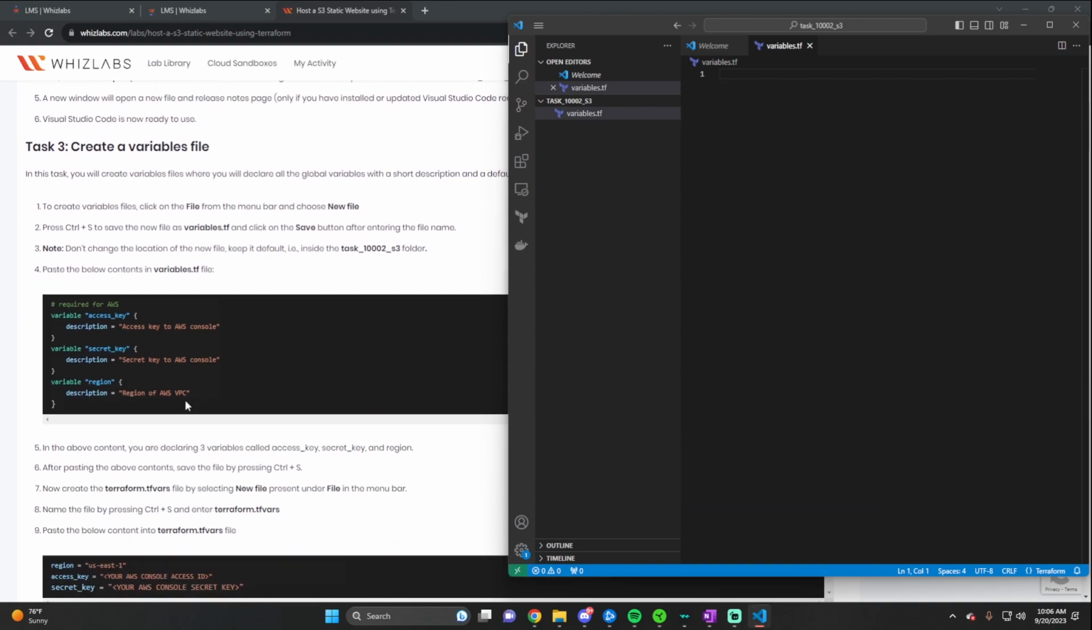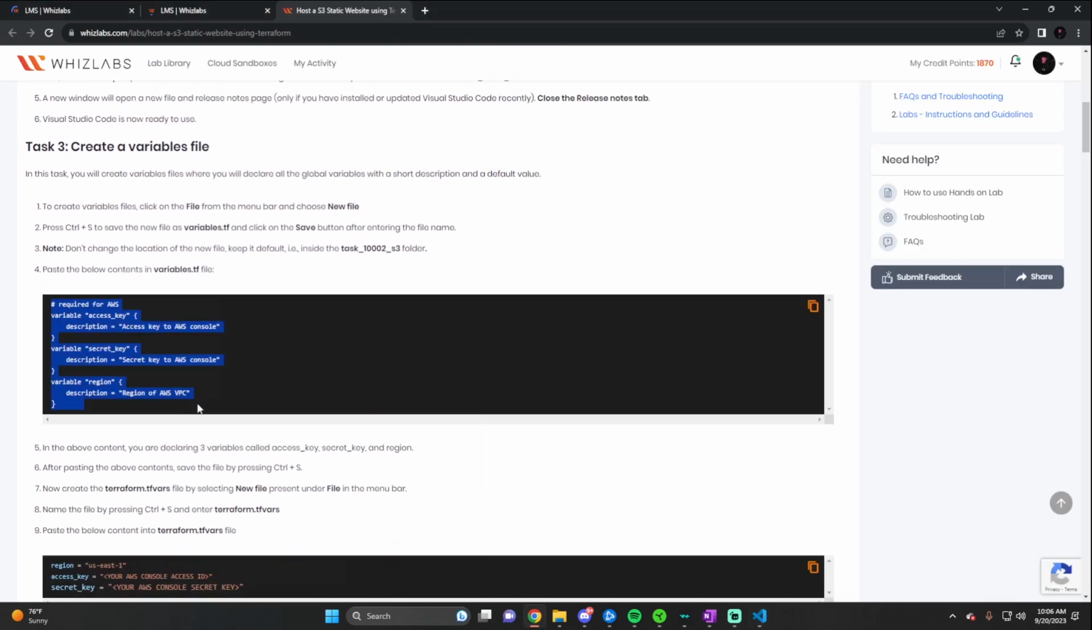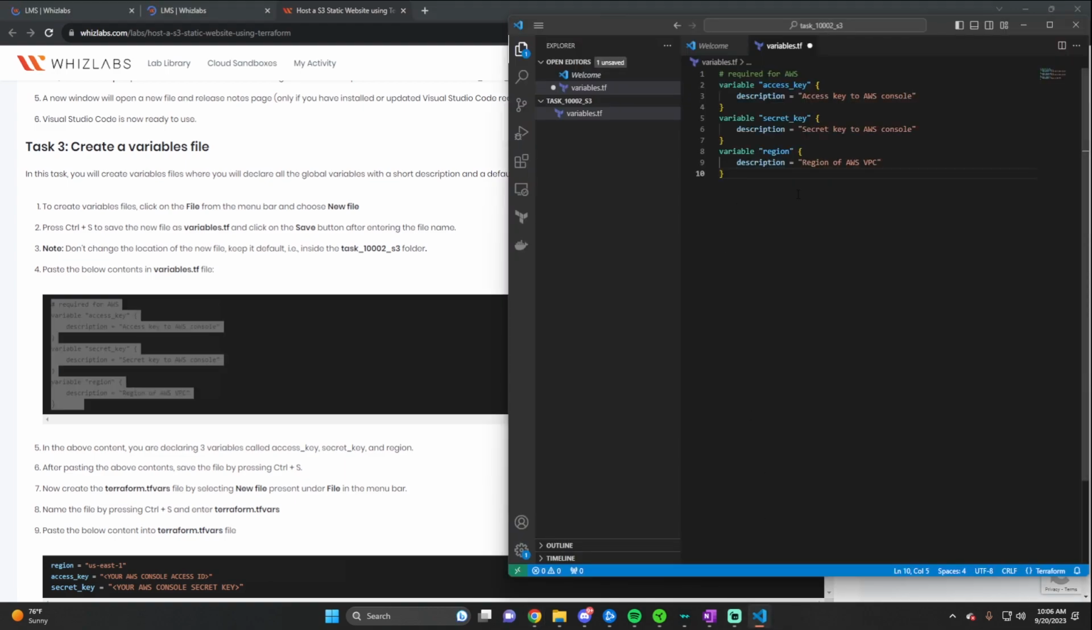So go ahead and create the variables.tf file, copy and paste this in here. All this is doing is describing each variable. So you have a variable called access key here. The description is access key to the AWS console, variable secret key to the console, variable region to the AWS VPC. So this does not necessarily mean